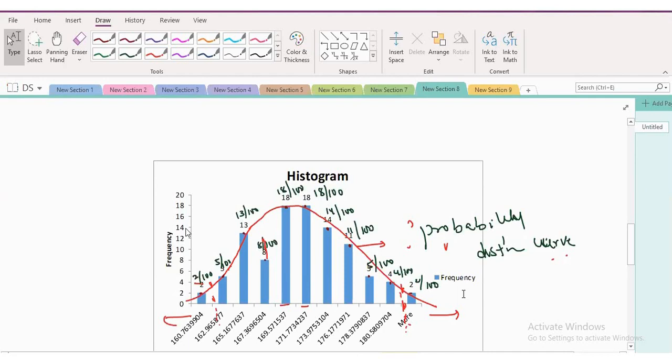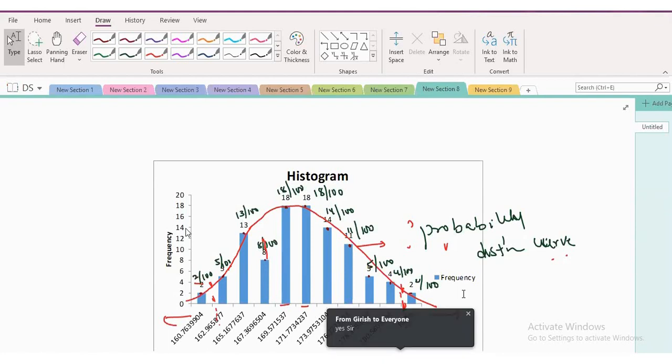So whenever you have very little data, better to go for what? Box plot. When you have large data, which is the best one? Go for the histogram. If you use a box plot for large data, there is an overlap of the data points, right? So better to use what? Histogram. Are you getting it? So what is the deadline? If you have at least 70 to 80 data points, go for the histogram. Less than that, better to go for the box plot.